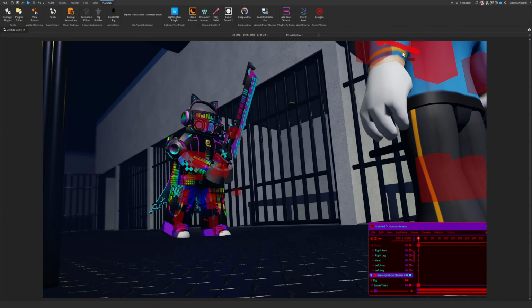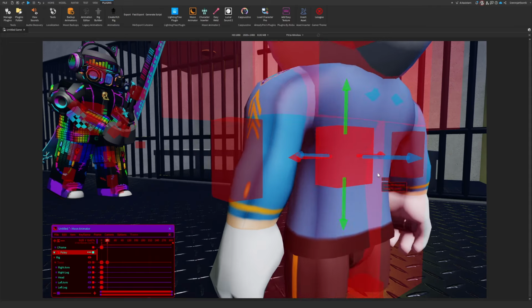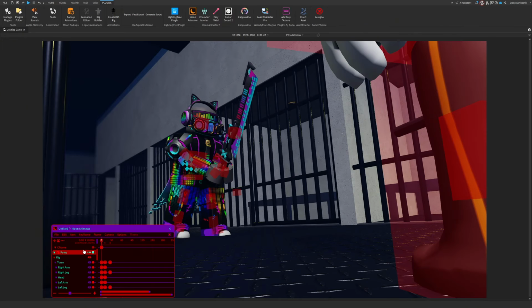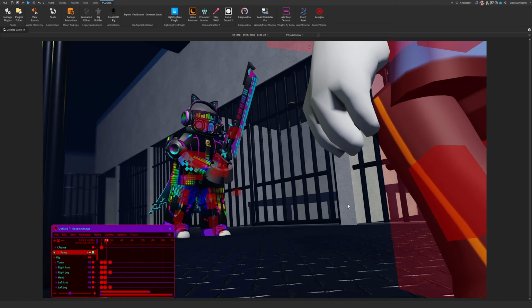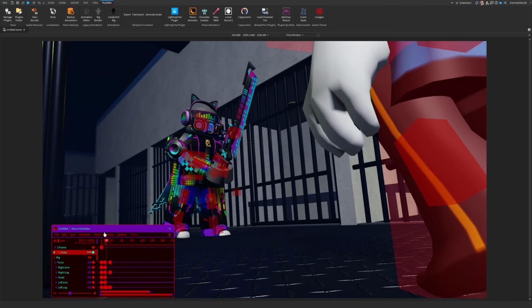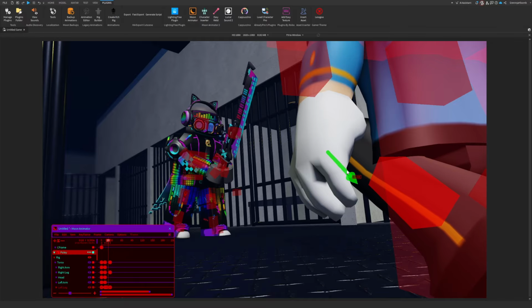Okay, so that's the timing's right. Leg. This is a little bit of a problem. And the way I fixed this is added more keyframes in the movement to stop it from clipping into the ground.